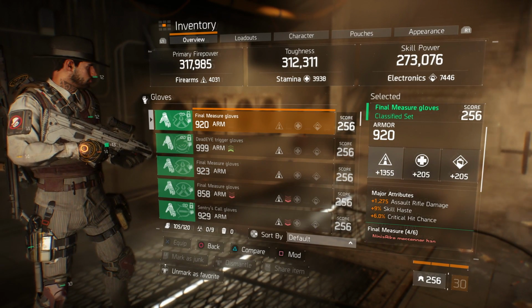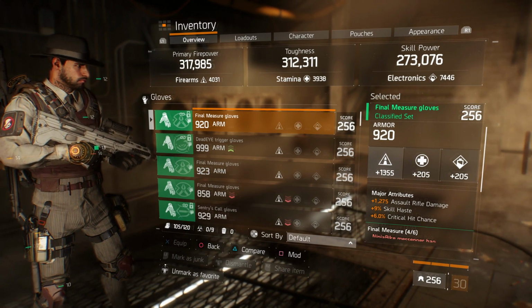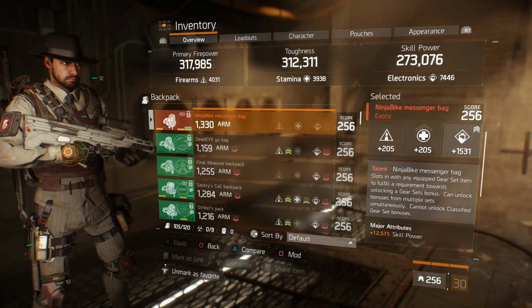So if you want to use an SMG, put SMG damage, a sniper rifle, marksman rifle damage, shotgun damage. I'm running the Urban MDR with this build, and I feel like it works best with this build, so I'm rolling assault rifle damage. My backpack, I'm running the Ninja Bike Messenger bag,